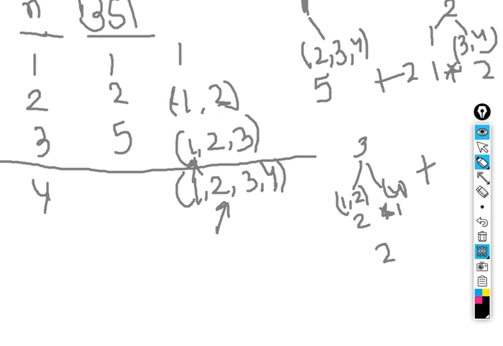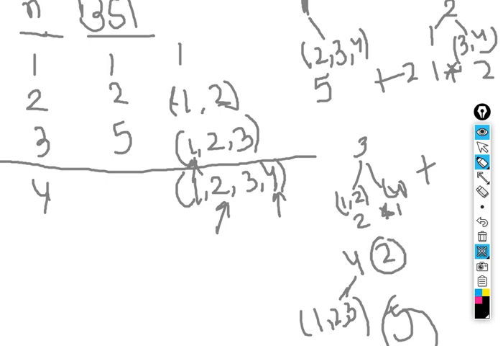Now taking 4 as the root, we can have only the left part, and that too we can have 1 comma 2 comma 3. All right, and we have three elements. So for n equal to 3 we have 5. So we had 5, then 7, 7 and 5 is 12, 12 and this 2 is 14. Okay, all right, we got this.